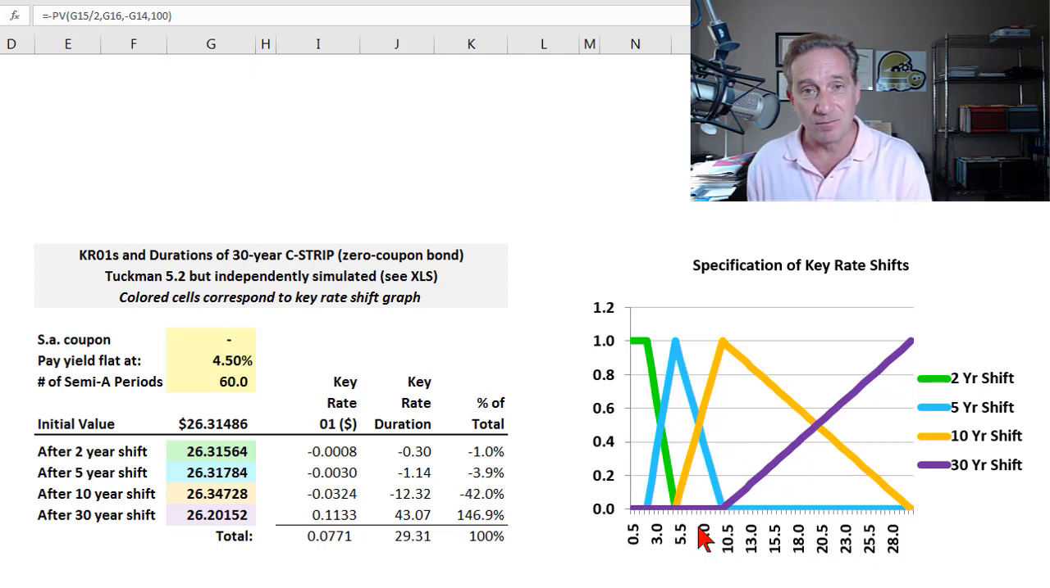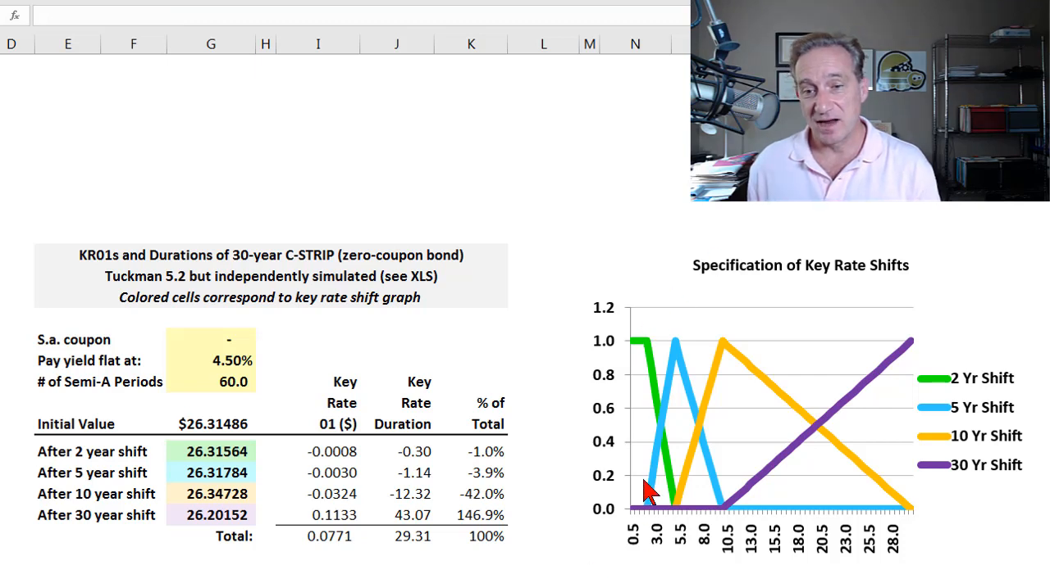But we don't use too many rates. There's no need to use 30 key rates for a 30-year term structure. Tuchman's example here uses only 4. So the key rates are 2, 5, 10, and 30. I've graphed them here, with my 30-year timeline or term structure on the x-axis. The y-axis, following Tuchman, is basis points, 0 to only 1 basis point. That's a very small amount,